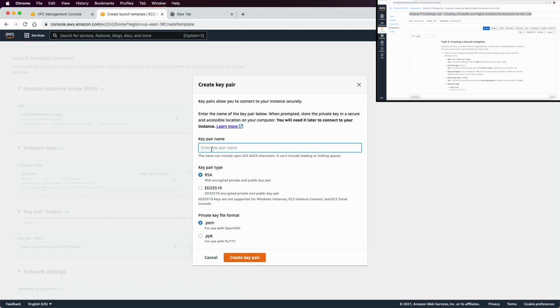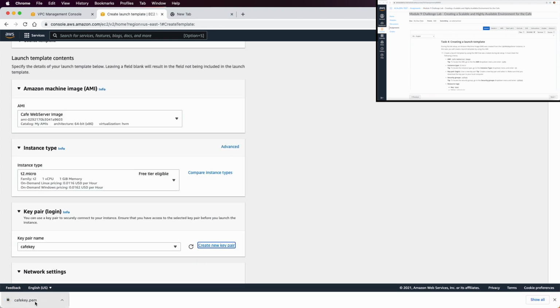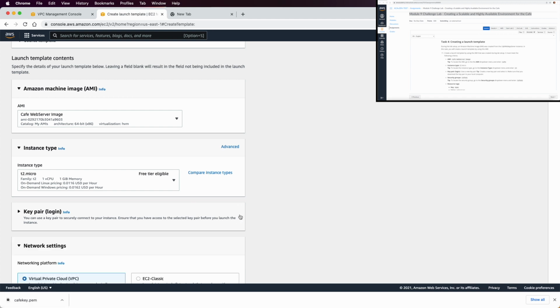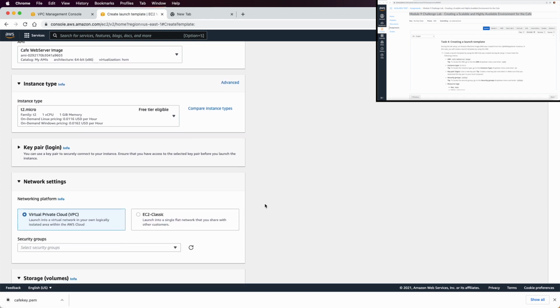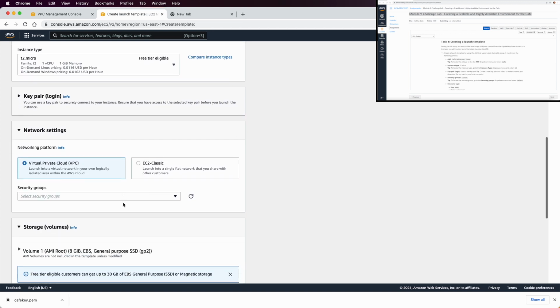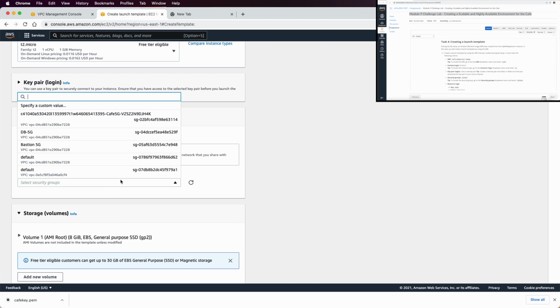and we need to create a new key pair. So let me call this cafe key, and this will create a PEM file for me as well, and that cafe key is now downloaded to my download folder. So if I need to access the machine, I can use it, and this template as well, it will be taking the resource